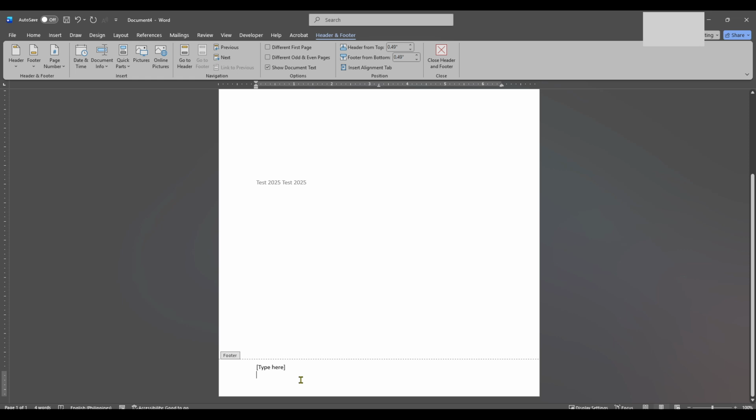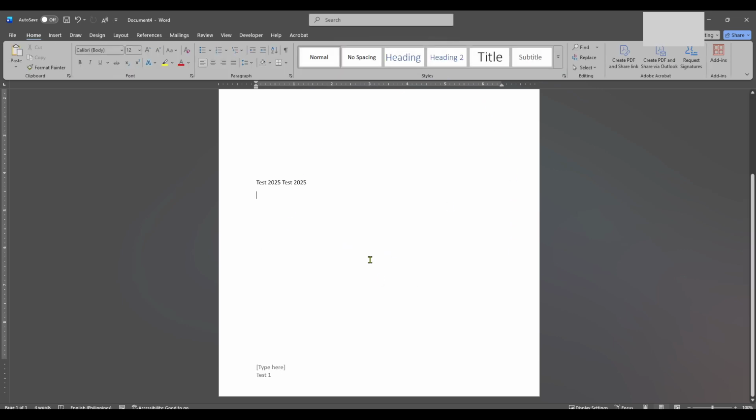This action creates a new section on the page you've targeted for the footer, allowing you to make changes affecting just this section and not the entire document. With your section set, go back to the footer by double-clicking the footer area on your desired page. Ensure that Linked to Previous is deselected. This step is crucial as it breaks the linkage between the sections, thus ensuring any changes you make affect only your selected section. Now, input your footer content.